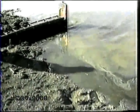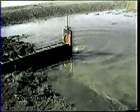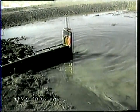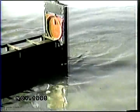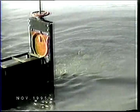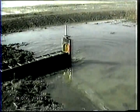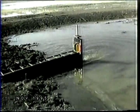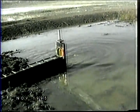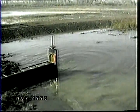Buried underneath the center of the levee is a piping system, very simple, that tees off to each one of these cells. And then at the outlet of each one of these is a gate which can be opened or shut or throttled as much as necessary so that the water can go to any or all of the pools. Okay. So this is how we're going to maintain the water level in the wintertime. All right. You want to see